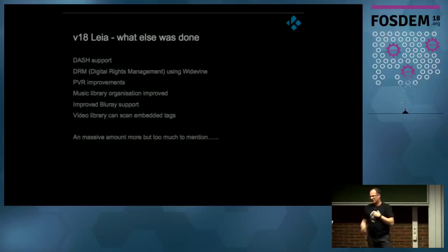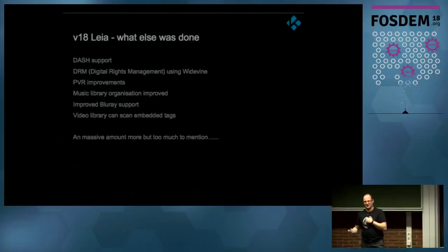The video library can also scan embedded tags. From ancient times, we always had to have NFO files, XML files next to it, or scan the file name to match it online to get all the metadata. MP3 tagging existed for music for a long time, but now it also exists for video. It's still a mess, but finally we can use it. It's disabled by default because there's no standardization of tagging, so we now need to implement a new standard, which everyone hopefully will follow in the end.